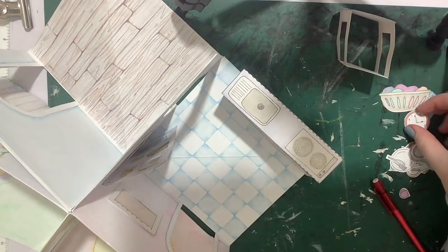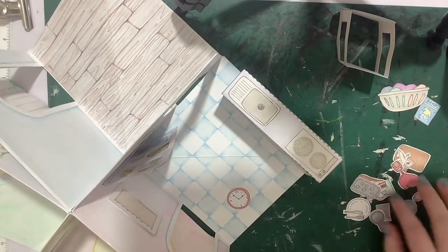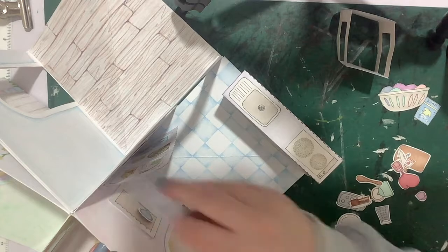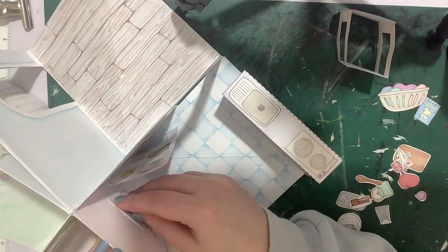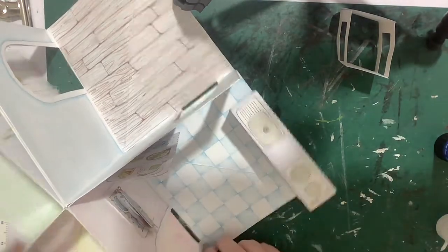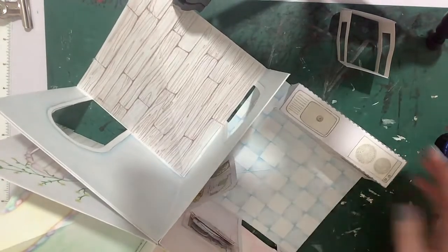I've just got a few accessories that I'm going to pop on the wall, like my kitchen clock. And then I'm going to put all of the tools just back in the side there for now, just to keep them all nice and tidy. So there we go, I've tucked all my bits and pieces in the side there, everything's tucked in there,